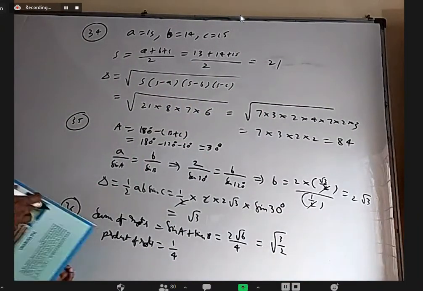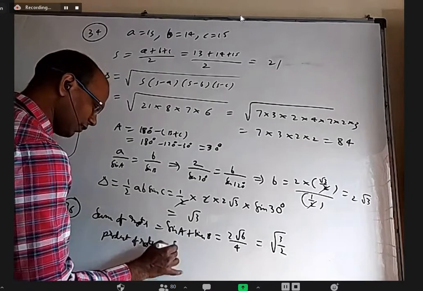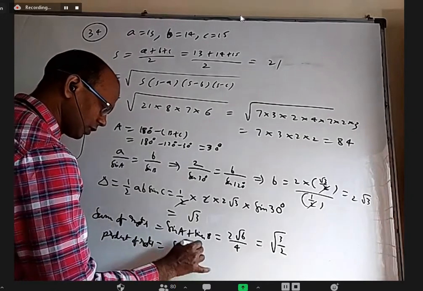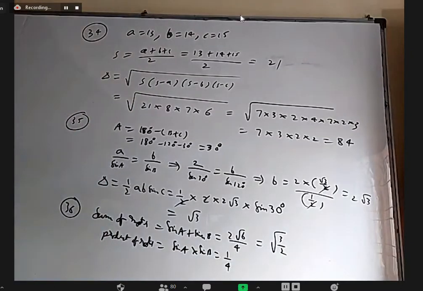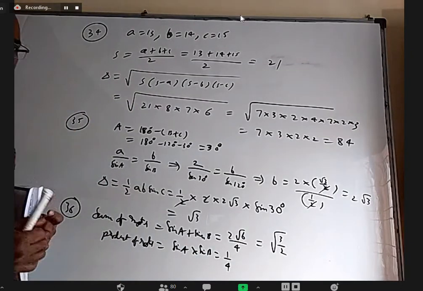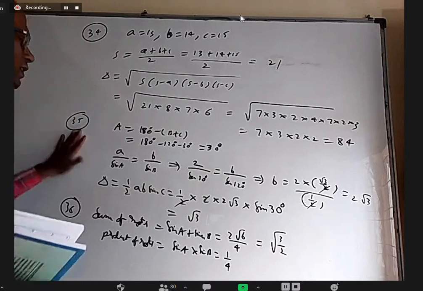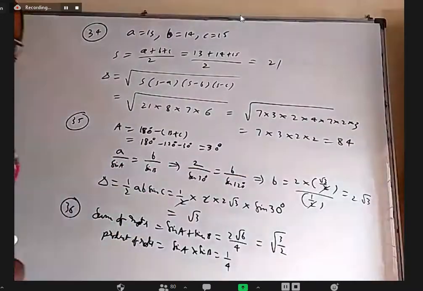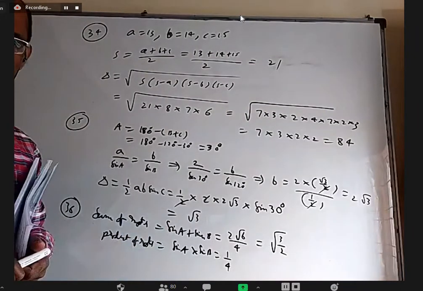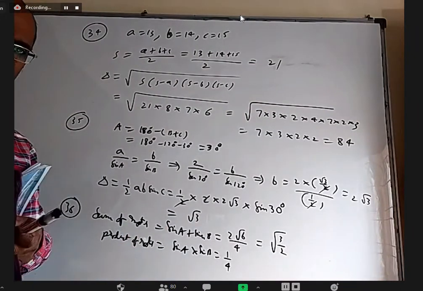Okay. We can do this way, or we can directly find the roots also. I think they are known angles. Sin A into sin B is 1 by 4. Okay, so 34 is simple Heron's formula. 35 we use sine rule to find one more side and then use half AB sin C. Everybody completed 35? Yes, sir. Okay.